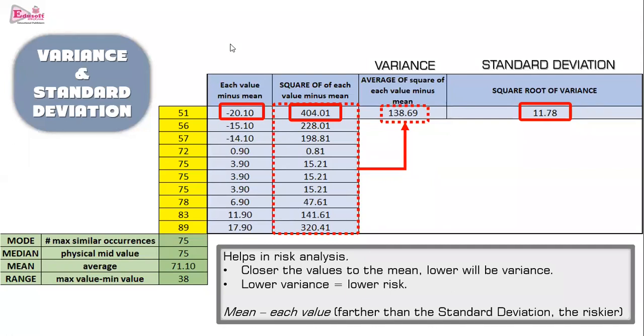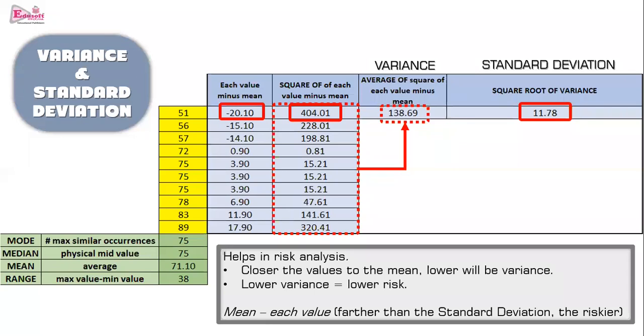We pick up the variance which is calculated, or the standard deviation which is calculated, and we take the difference of standard deviation and the actual data value. For example, 51 minus 11, 56 minus 11, 57 minus 11. We take the difference, and if that deviation is pretty high, that means there is a risk. That means these prices are very low, or these prices are very high. So the investor will not invest into that share.